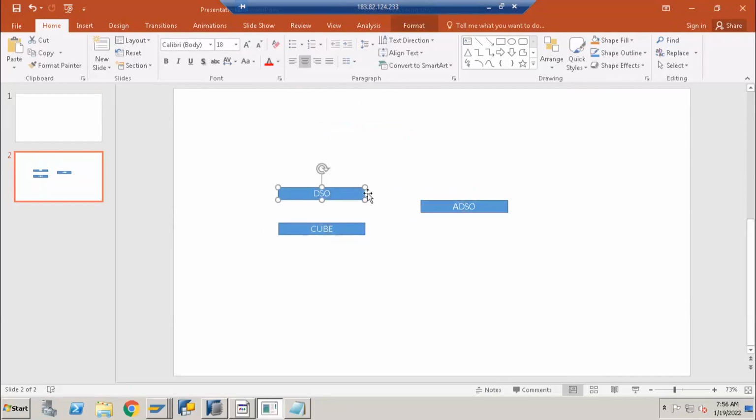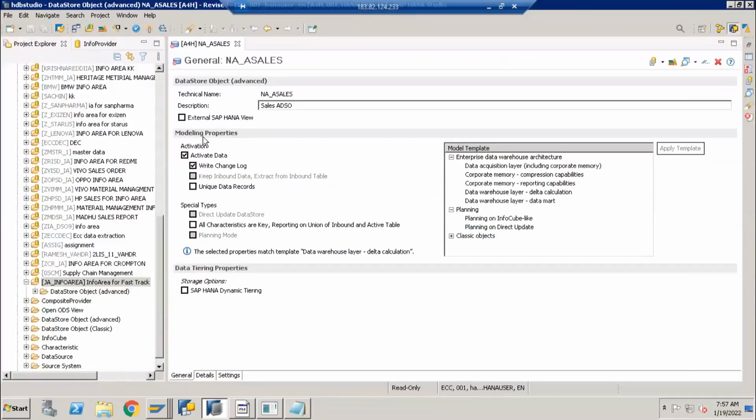In DSO we also have different types like write optimized DSO, standard DSO, and direct update DSO. Now the ADSO supports those functionalities, and along with that the ADSO can act as a cube also. So one object acts as multiple objects based upon the settings we provide here. The ADSO will act accordingly. Earlier systems, what SAP did is, it is difficult, right?